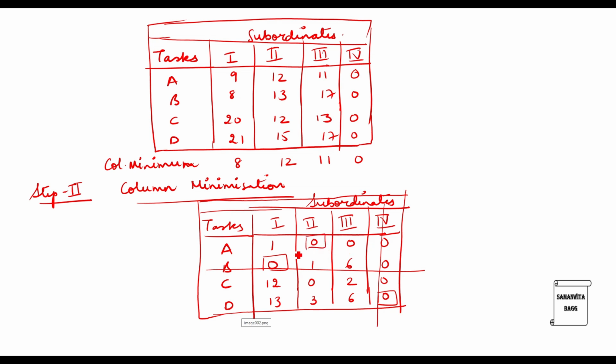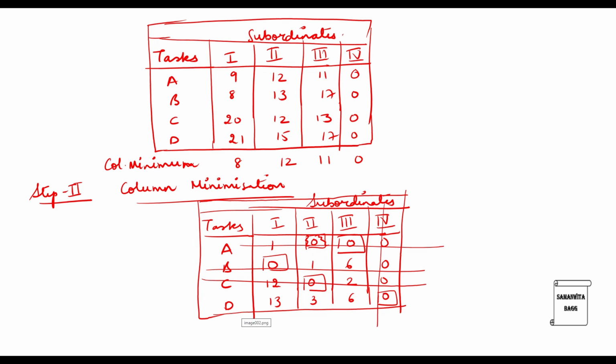Second column has 1 0, cancel out the corresponding row. Now if you go to the third one, you would see that there is no 0 left, but there is one 0 which is remaining here, but we have already done the allocation at this step. So what I would do is, since now I know that this 0 would not be the correct solution, I would allocate over here, still cancel out this row, no allocation here. I will allocate this 0 at this position and cancel out this row.